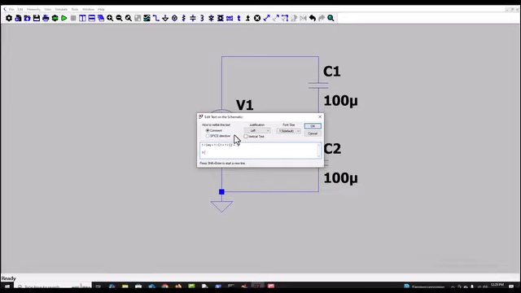So 1 over C equivalent is equal to 1 divided by 100 times 10 to the negative 6